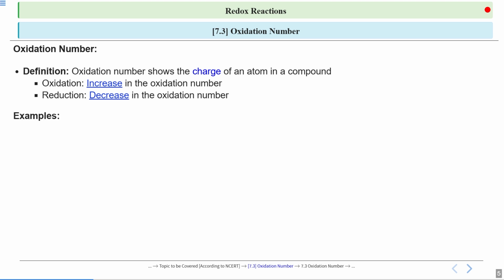We can understand it with the help of different examples. Like, how can we understand the oxidation number by relating it with oxidation and reduction? As we have already understood from different examples, we have concluded that electron transfer does take place between the reactants so that the final reaction takes place. Consider the reaction H2 plus O2 gives 2H2O.